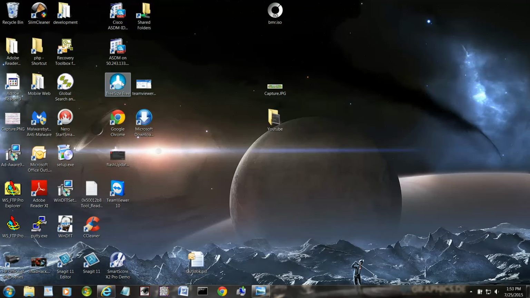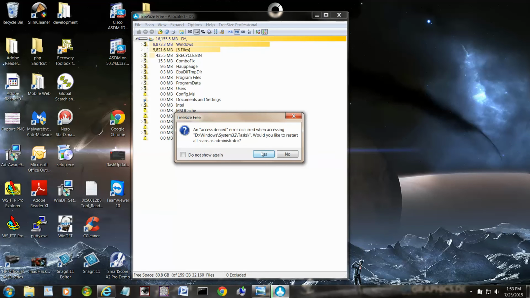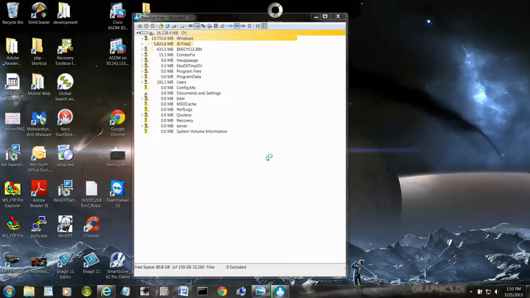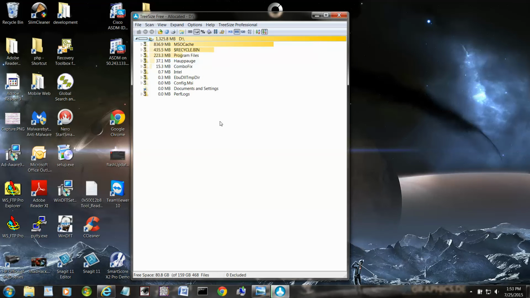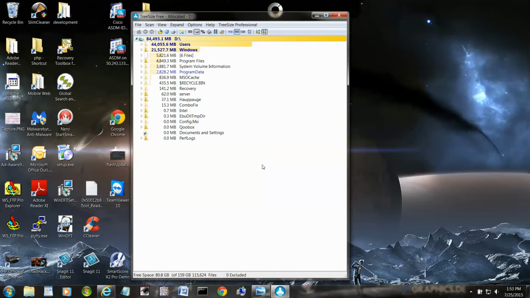Let me close that. Here's what the icon looks like. So this will scan your hard drive. For now, let's scan the D drive. And it's going to give you a list. Actually, what it's asking me now is can I run as administrator? And I said yes. So this will allow it to accurately calculate used space,